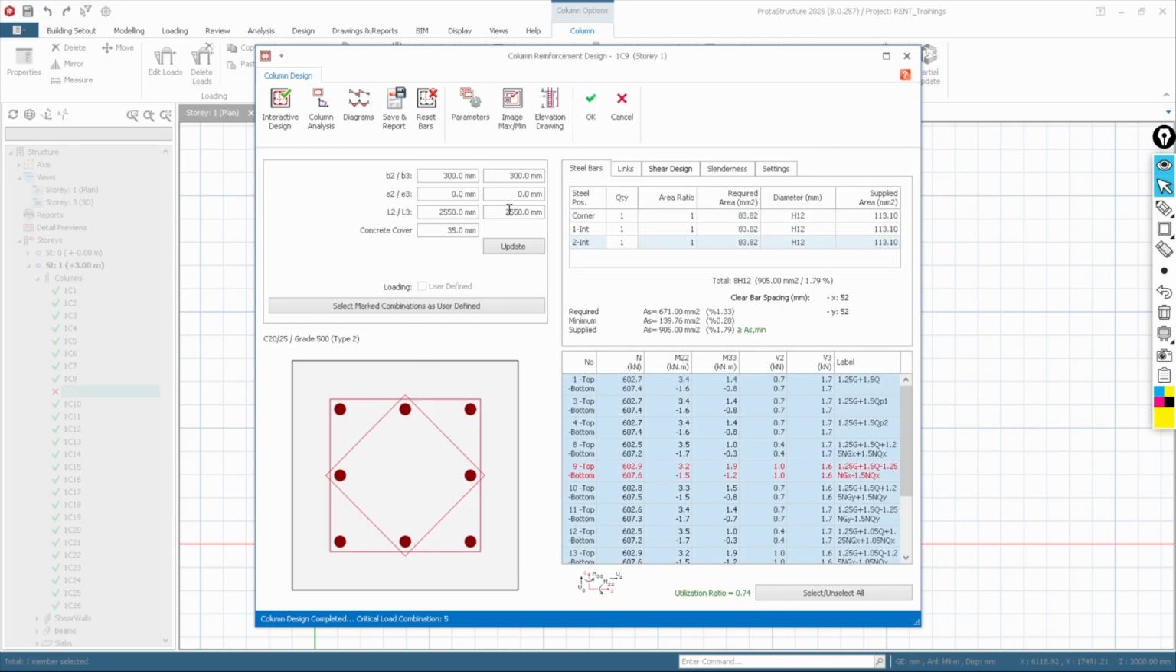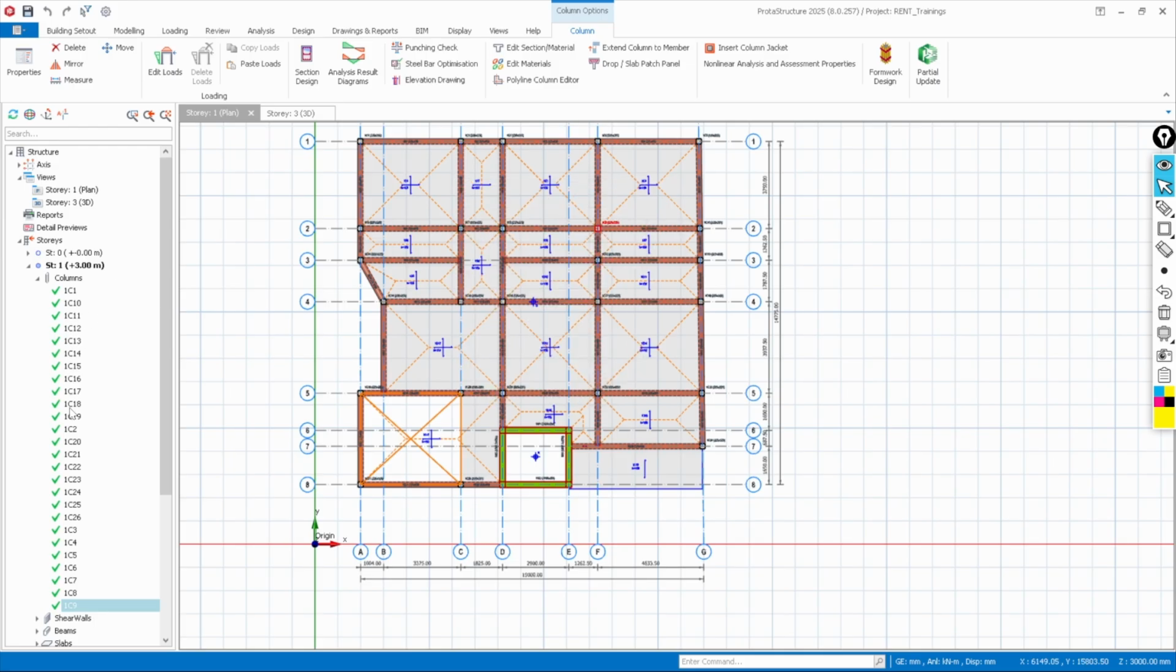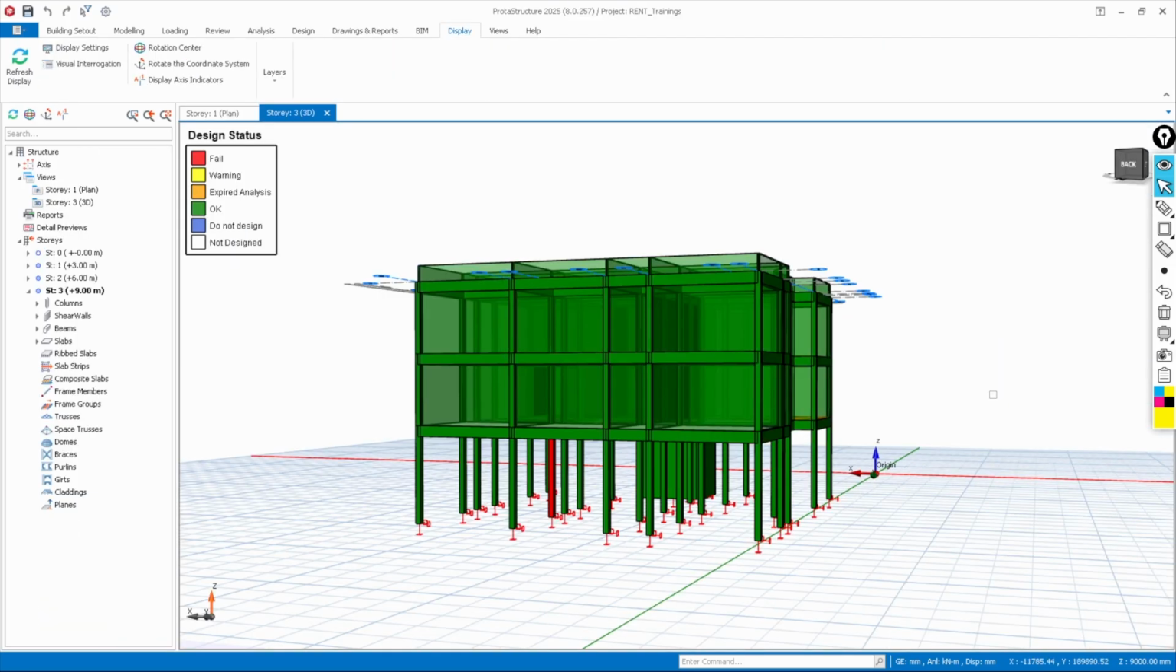Many of us may not understand. Okay, just say when you have finished doing that, simply say okay. Now we are going to find out that that one column 9 has now successfully passed the design. Okay, this is it here. And when we go to a 3D view in that interactive design,